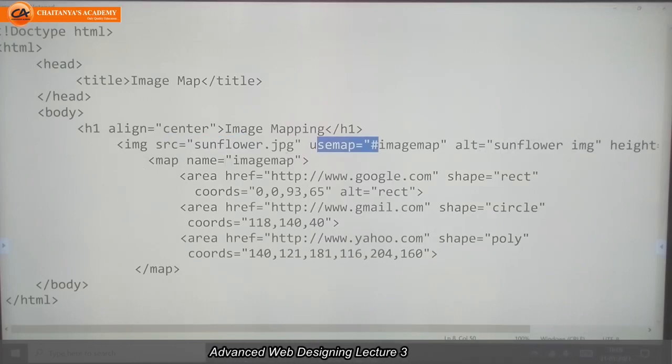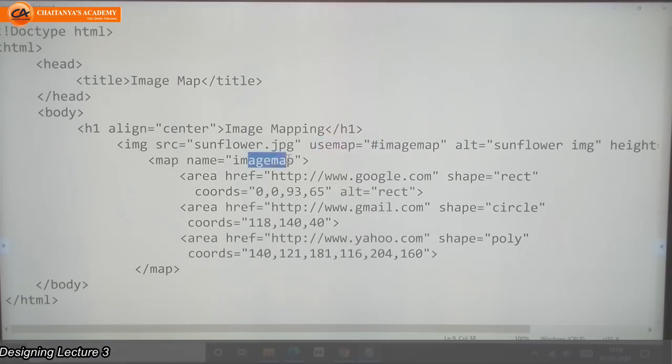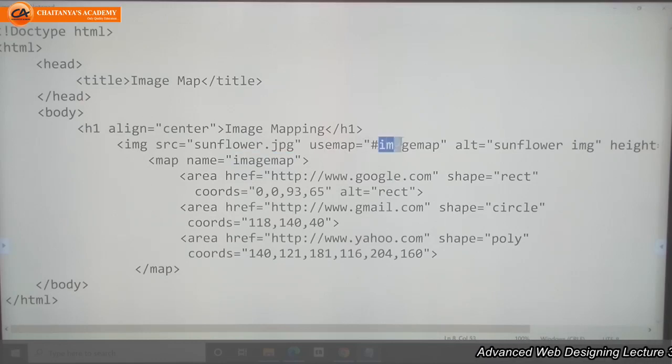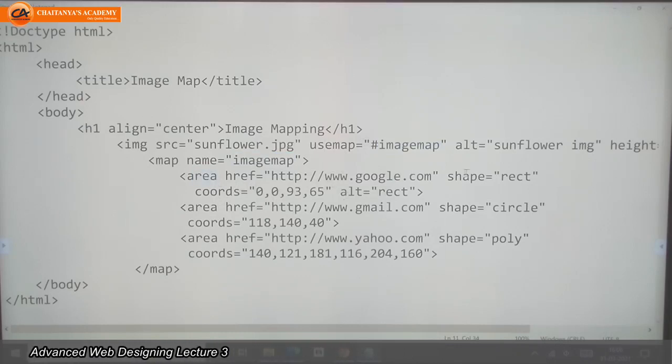Inside that, the map tag has the name of the image map, and this name should be the same as the value I gave to the usemap attribute, but without the hash symbol. And after that, the area tag with the different coordinates.